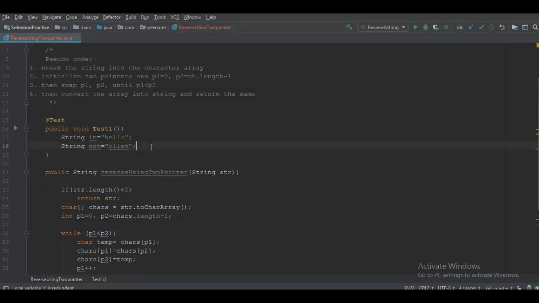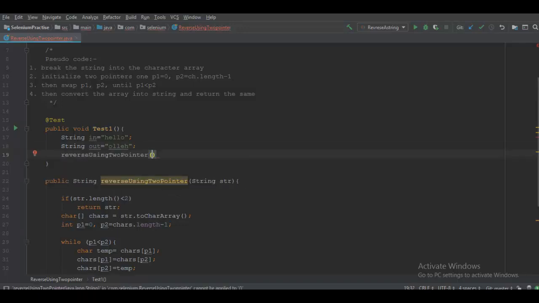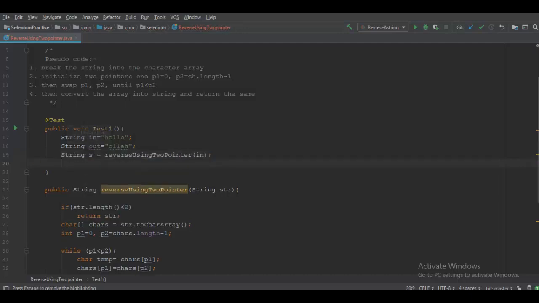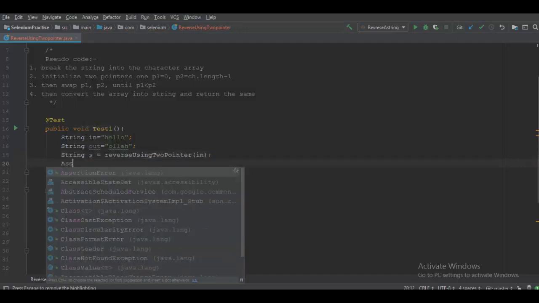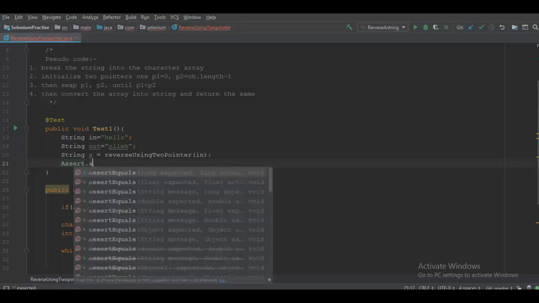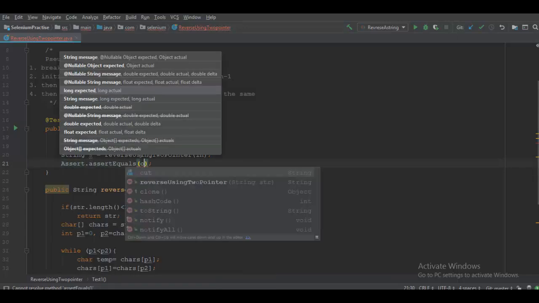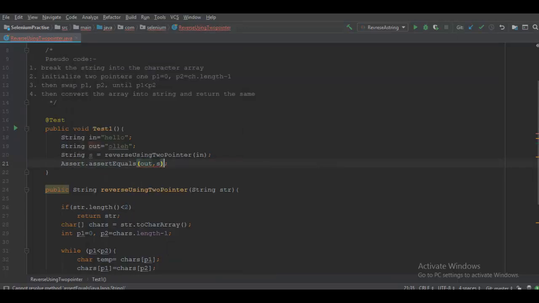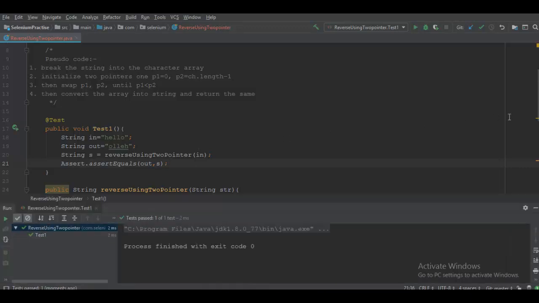Let me call this method, reverseUsingTwoPointer, pass in the input, and write an assertion, assertEquals with the outcome. Let me execute this test case to see what happens. Yeah, the test case passed.